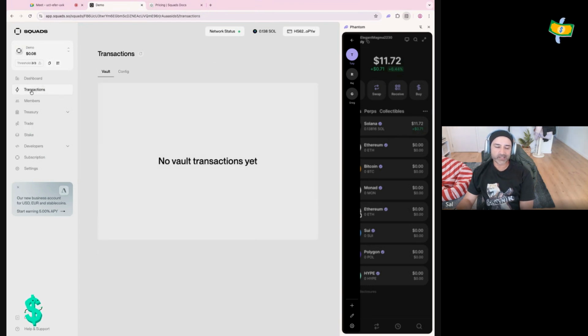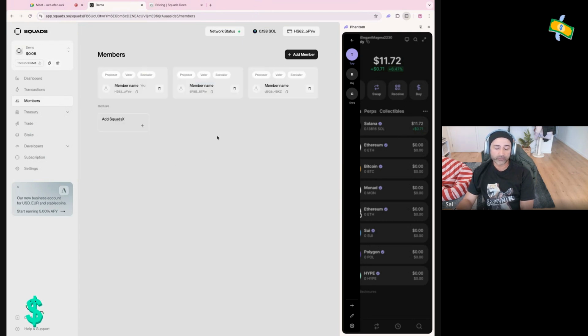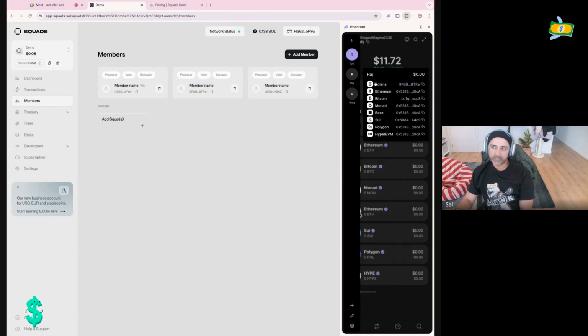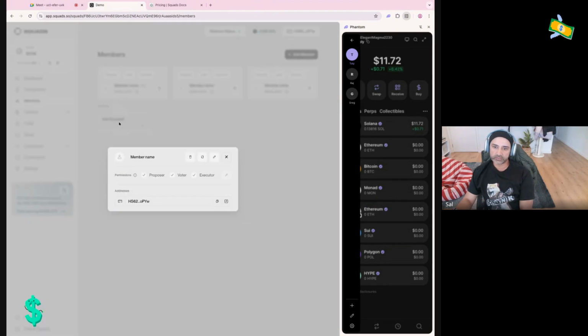There's a transactions section which tells you what your configuration or vault settings may have updated in the recent time. From here, you can put offline or off-chain edits to your members. So here are the 3 members. Notice in my wallet, I have Tolly, Raj, and Greg. Now that's in Phantom, just on my cookies here. But over here, we need to possibly update this as well and say, all right, so this was Tolly, HS,